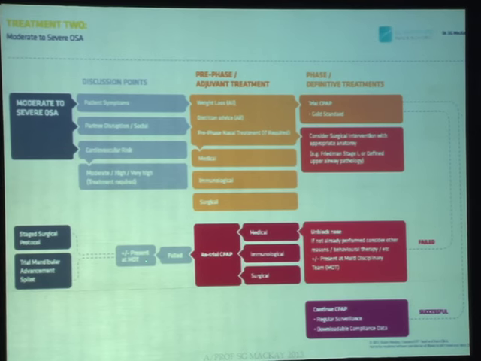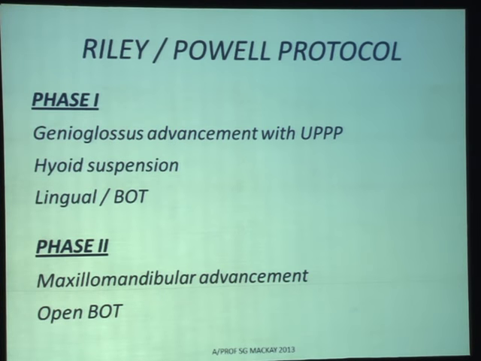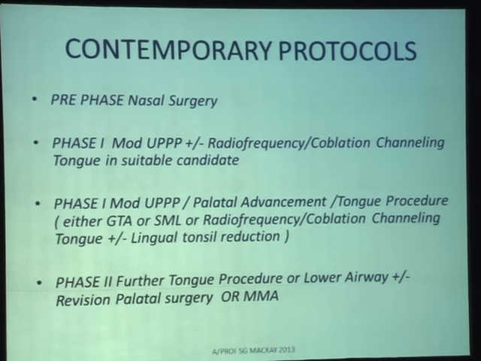plus or minus presentation at a multidisciplinary team meeting, then we look at staged surgical interventions or protocols, or trialling a mandibular advancement splint. And those interventions, or the protocols in Australia, have altered from those of Riley and Powell to reflect what we do more classically, that is improving the nose first, looking for that suitable candidate for a modified UPPP or tonsillectomy, plus or minus some simple channeling or radiofrequency to the tongue, but considering the unsuitable candidate,